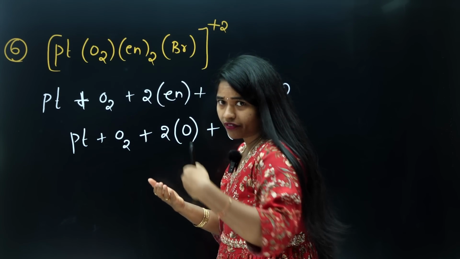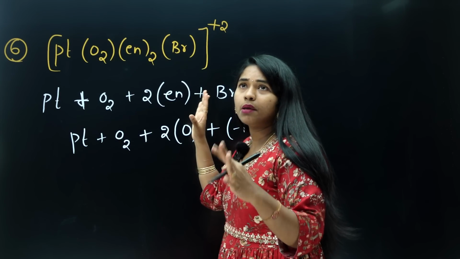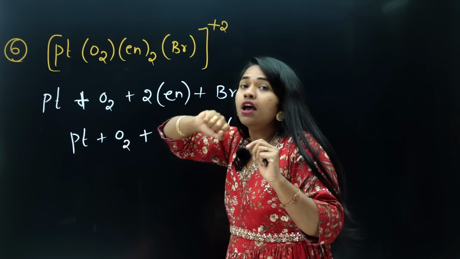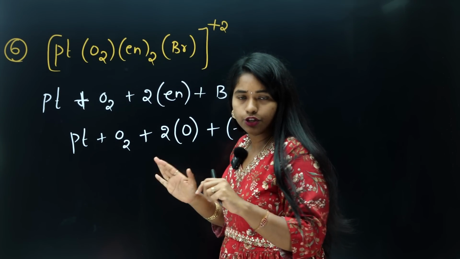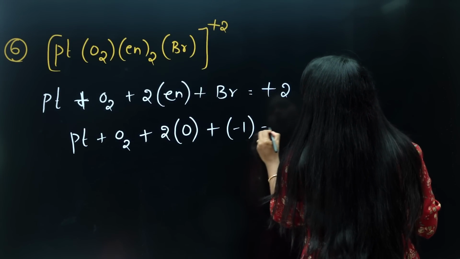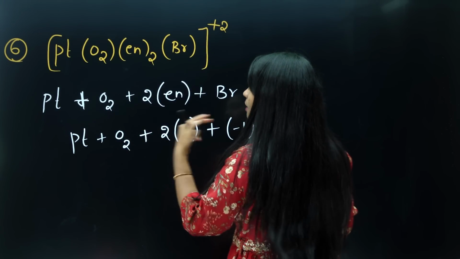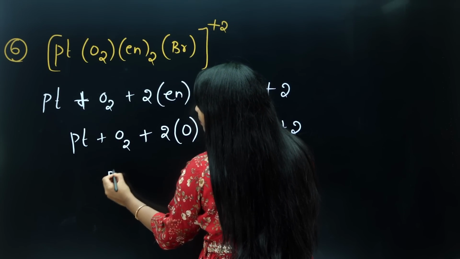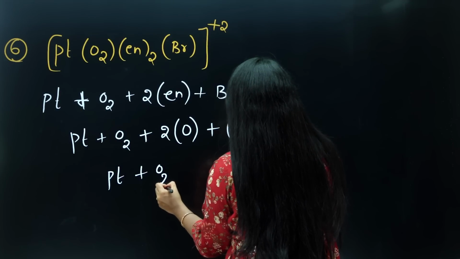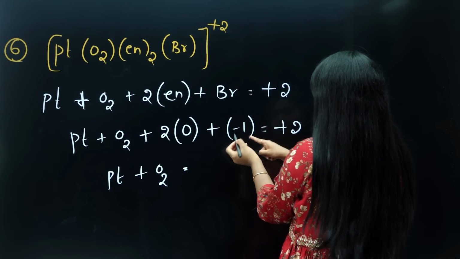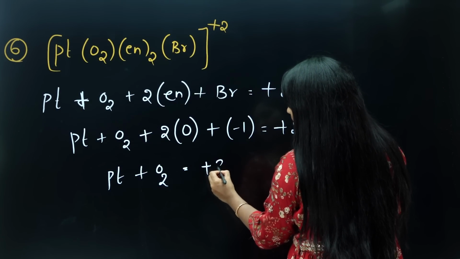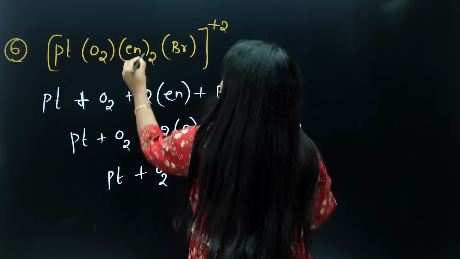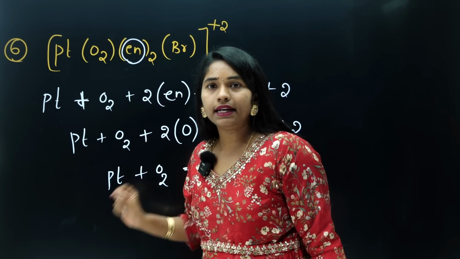You will get a list of ligands with their charges, and the total molecule charge. Charges are always fixed, so you need not worry about these. The problem is only with these types of ligands. Then what you get? Pt plus O2 equals, if -1 comes to this side, +3. Here what I want to tell you is, if you observe the coordination number, en is a bidentate ligand,